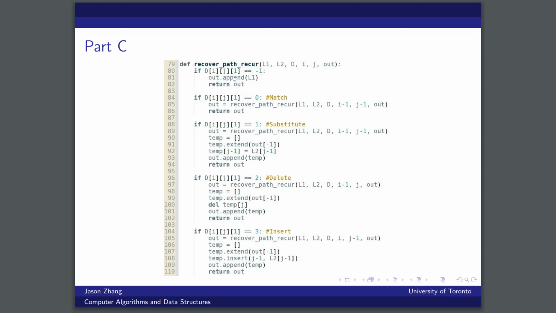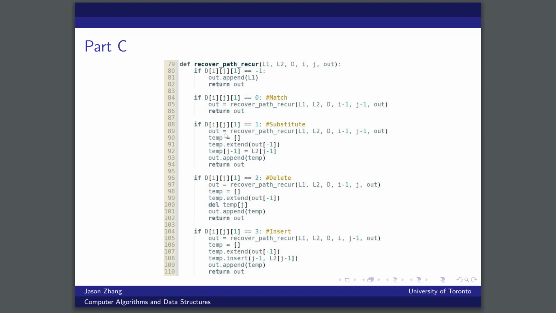And you'll see at the top, this is our base case. Basically what it's saying is if the operation is -1, which is our base case, we should just return our list of transformations because we've made it to the end of the call. However, we have if statements for every other case. So in the event of a match, a substitution, or a deletion or insertion, what happens is we essentially create another recursive call of the function,